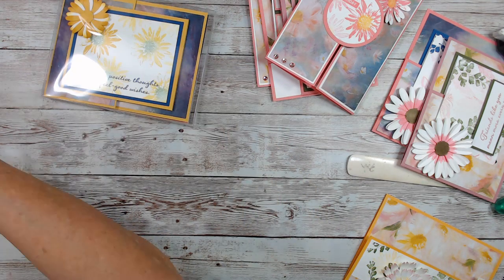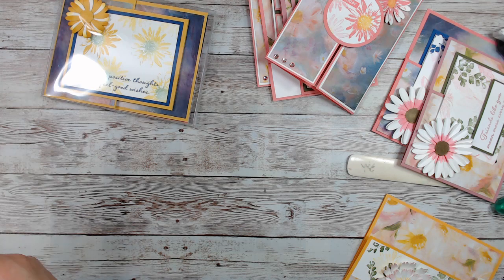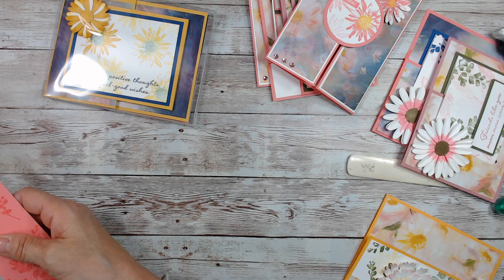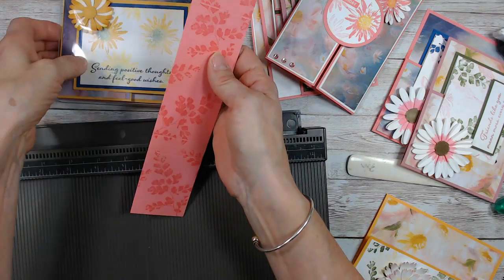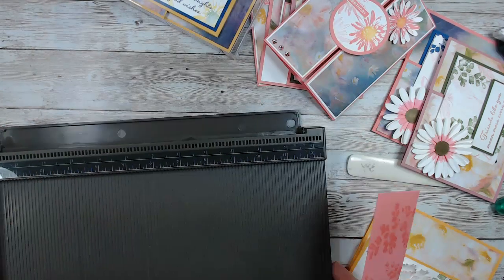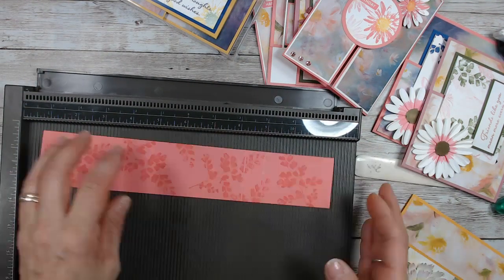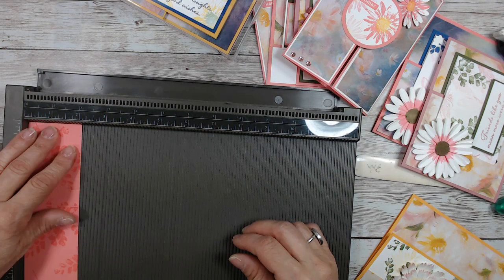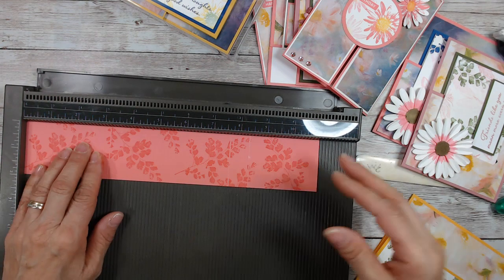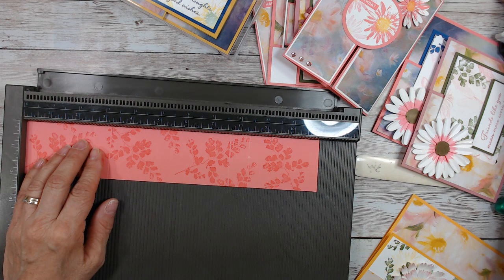But you're going to say, oh my, Frenchie, you scored. Yes, I did. Because usually I don't score, I use designer series paper and I just wrap it around. Well, this time I forced myself and we'll see if it worked well. So this measures 11 inches long by 2, if I remember right. Yeah, 11 by 2. And I score